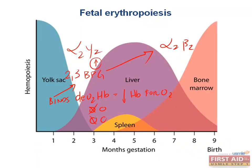It'll bind here and here, so that these last 2 components that are holding oxygen will be released from the hemoglobin molecule to the tissue. So this makes a lot of sense, right? If the cells in the tissue are undergoing a bunch of cell respiration, they're going to be producing lots of 2,3-BPG, because that is a byproduct of cellular metabolism. These tissues will be consuming a bunch of oxygen to produce this. And then eventually, you're going to be only in the glycolytic pathway, which will mean that you accumulate even more